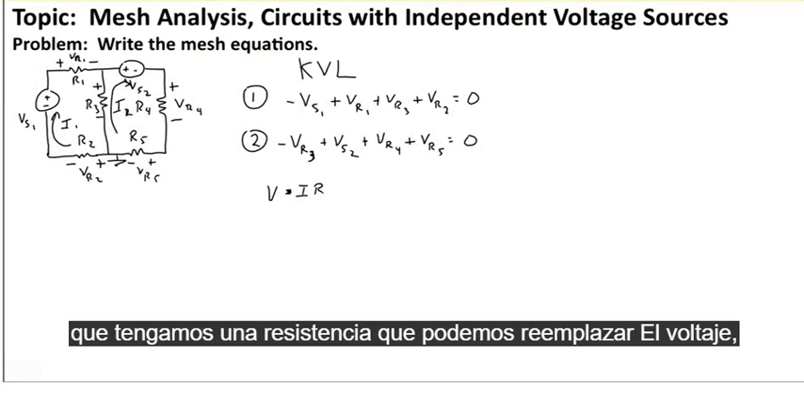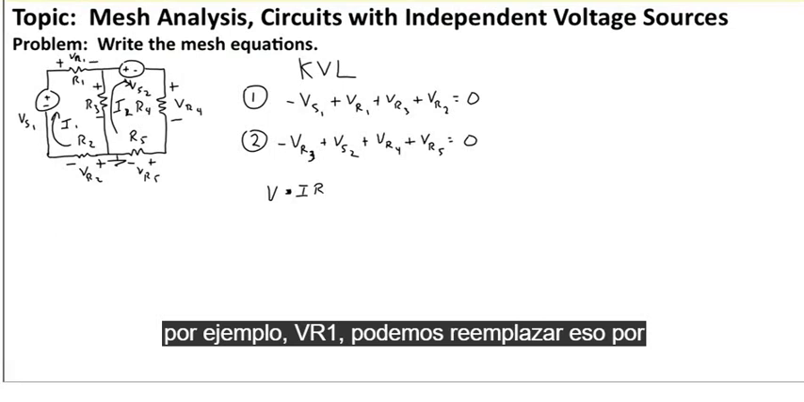have a resistor to replace the voltage, for instance, VR1, we can replace that by